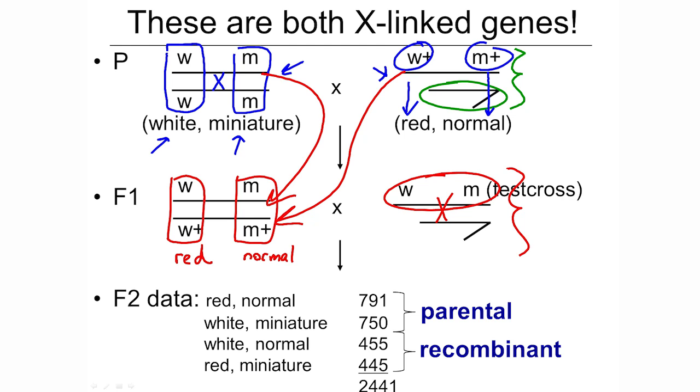But for now, my point is this. We can now look at all of the offspring, whether they be female or male. Because if they're male, they're getting this Y chromosome from their father, which is not contributing anything to do with W or M. If they're females, they're getting this chromosome from their father, and no matter what, it's little w, little m. It's not going to contribute to the phenotype. I mean, you need it, but what's going on over here in this parent is really going to determine